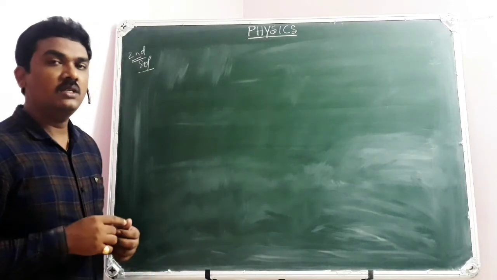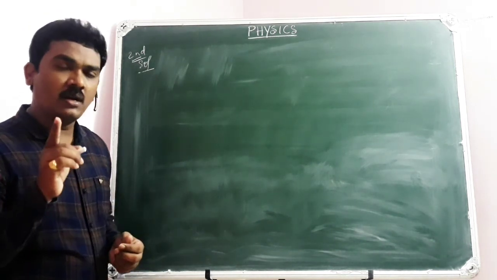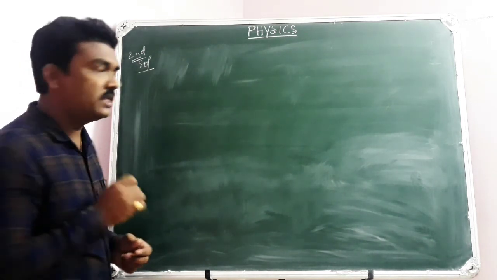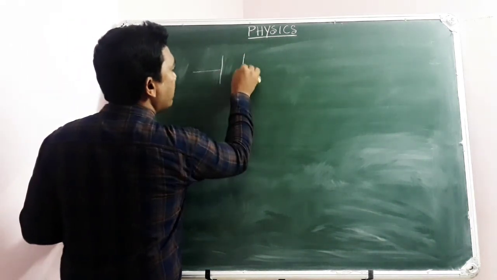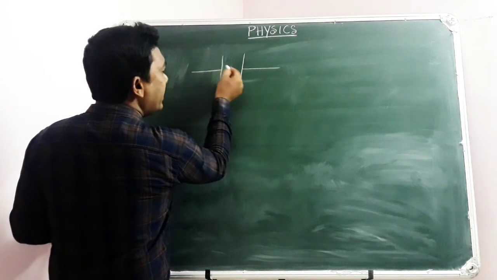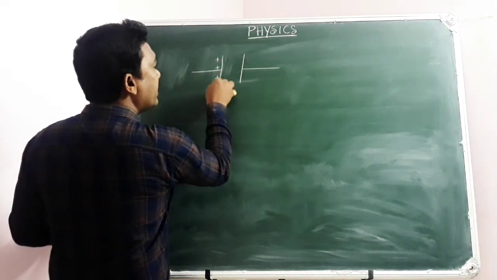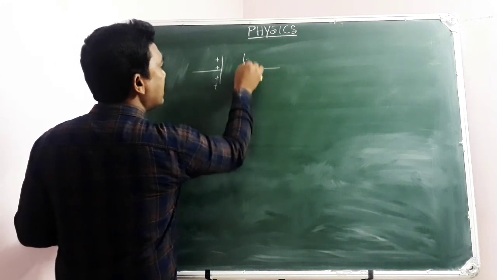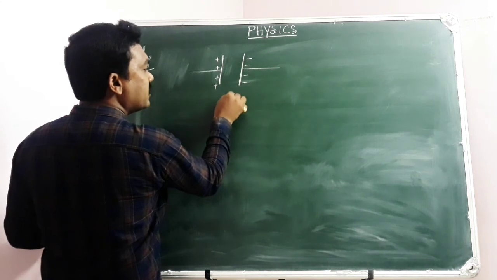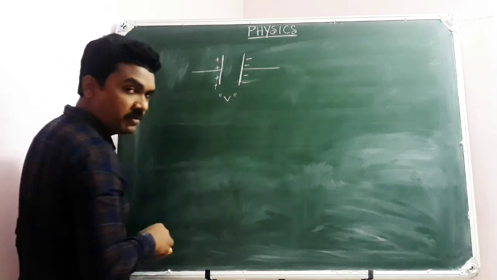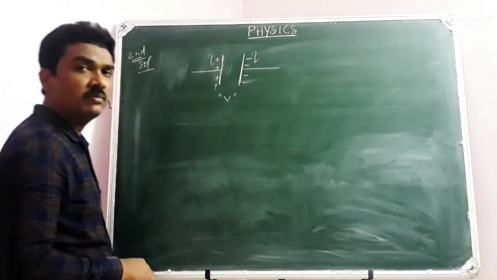Yes. Now see the second one. I think you have written it already in the notes. There is a parallel plate capacitor which is maintained at some potential difference. It is at some potential difference, means it is already a charged capacitor. That's why there will be some potential difference between the plates of the capacitor. Let me take it as V. And the charge on the plates is Q on each plate.